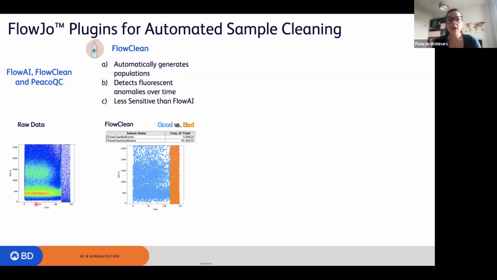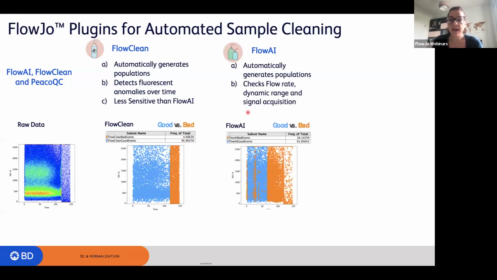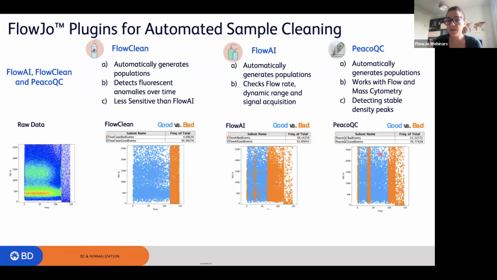algorithms. Now, if we use FlowClean, we see that there is a 4% removal of events. So FlowClean looks quite open, let's say, not that stringent when we use it on this data set. While when we use FlowAI, we realize that there is a 38% removal of the events, which is kind of a lot, right? And that's because FlowAI is way more stringent than FlowClean, because it performs 3 different checks. And maybe this is given to the fact that there are these checks performed rather than just checking the flow rate. While when we use Peacock, we see that Peacock kind of stays in the middle within FlowAI and